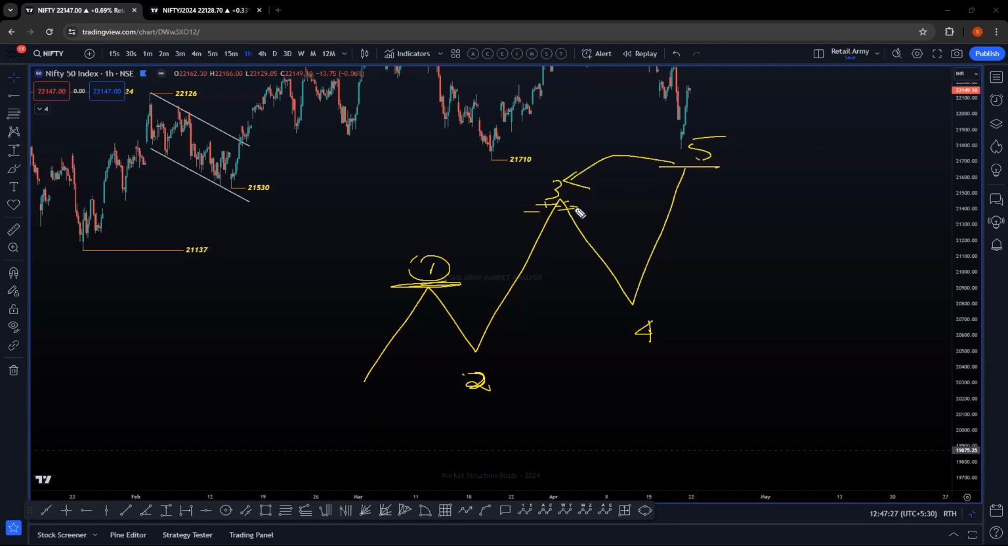Wave 5 is bigger than wave 3 in terms of points, distance. Okay, not time, points. Here, wave 2, correction phase. This one is a deeper correction. So wave 4 is greater than wave 2. Okay, so all this is a part of the Elliott Wave concept, but I'll tell you what issues I have